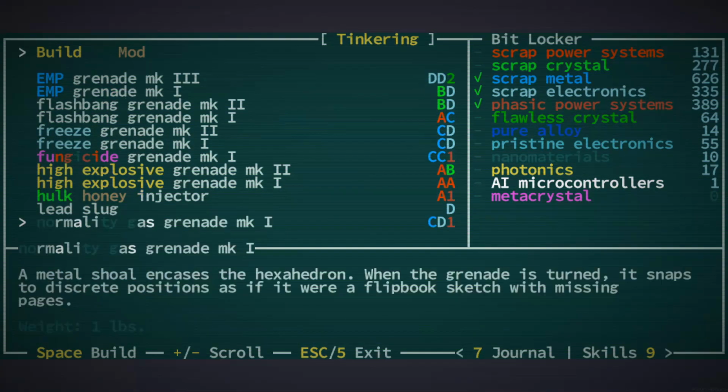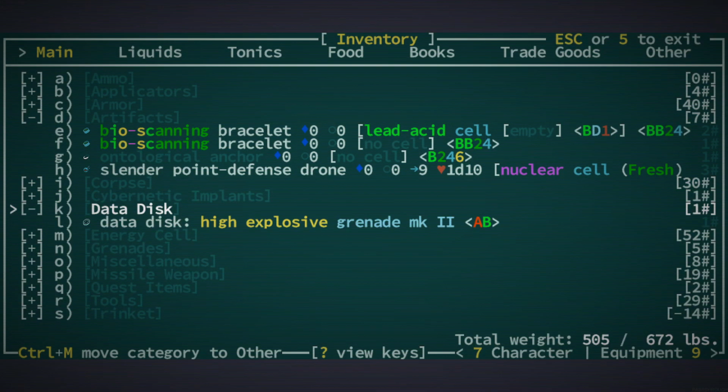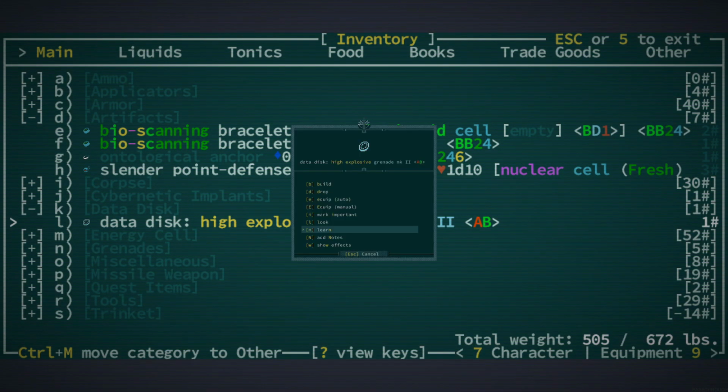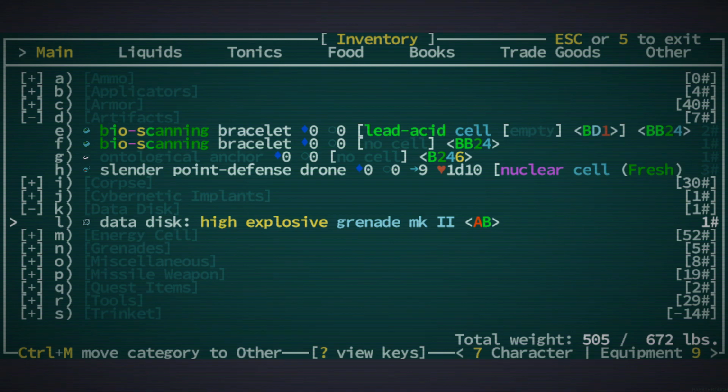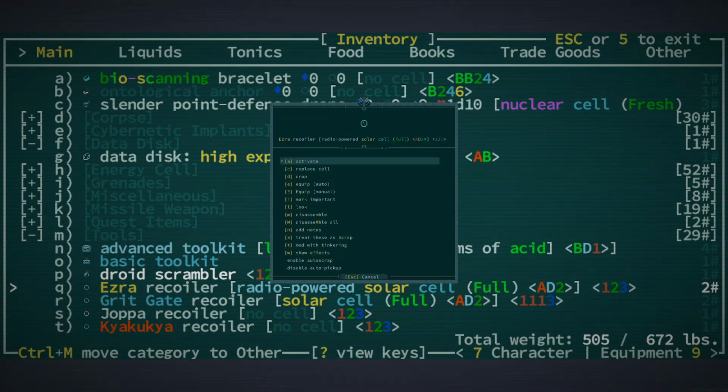Let me do one thing before. Oh, right. Data discs. Data discs, high explosive. Oh, Mark II. Oh, I thought we had Mark III. I thought we had a Mark III high explosive. Did I end up using it? That would be really silly. Let's go. Something I meant to do and I didn't. Let's, before we end this,